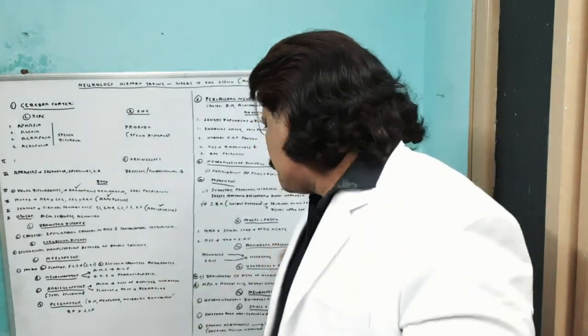there will be pupillary dilatation on one side, the other pupil is normal. So if you find asymmetrical pupil, anisocoria, with other signs of ventricles being affected or raised intracranial tension, you have to suspect uncal herniation. One side pupil will be dilated, the other side pupil is normal, known as Hutchinson pupil.